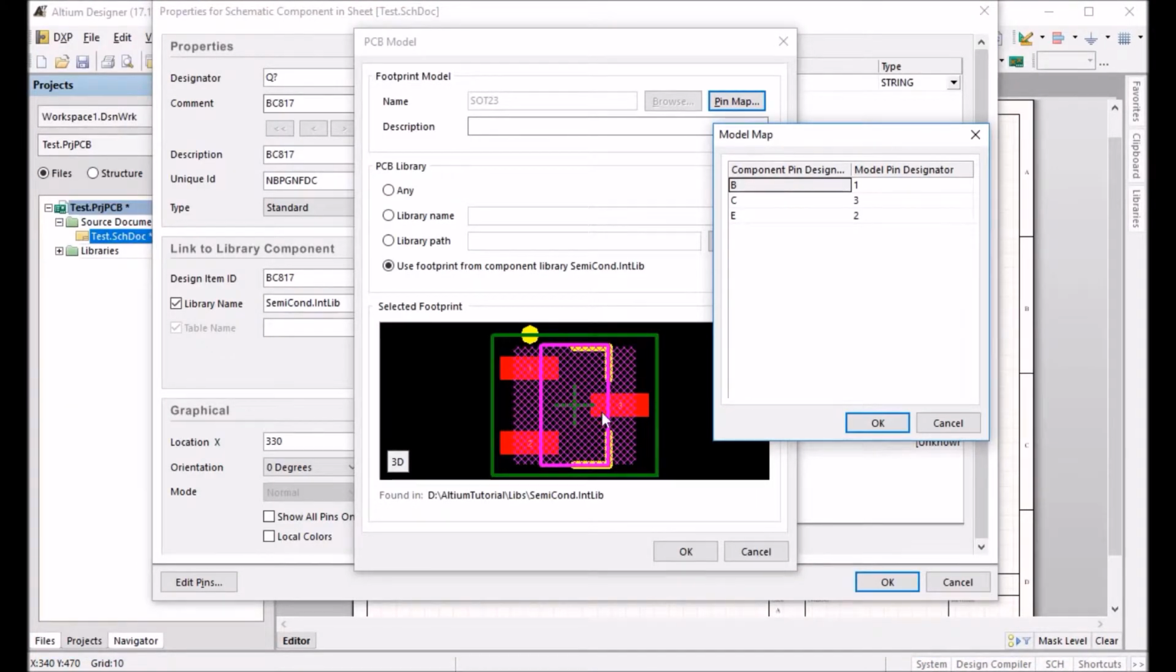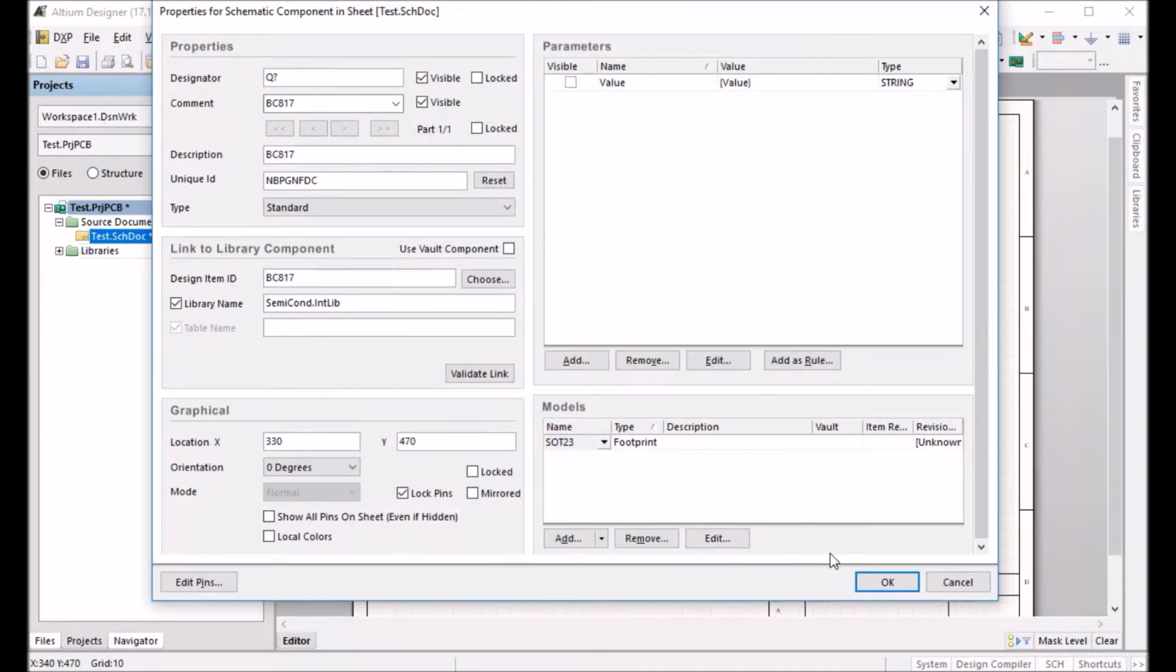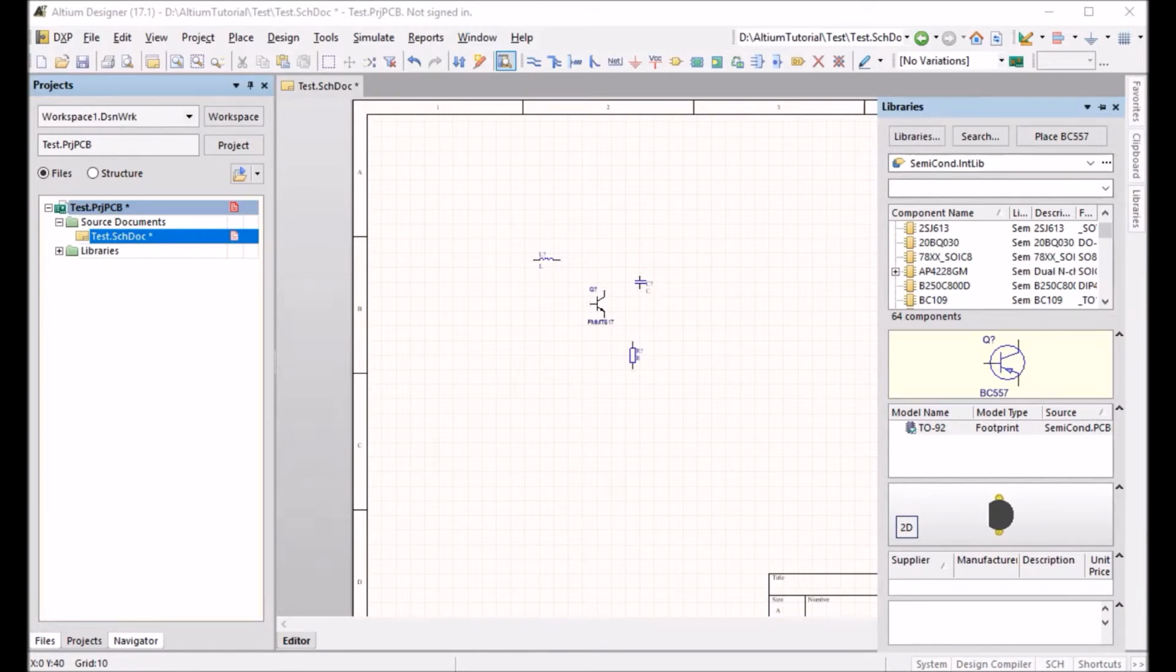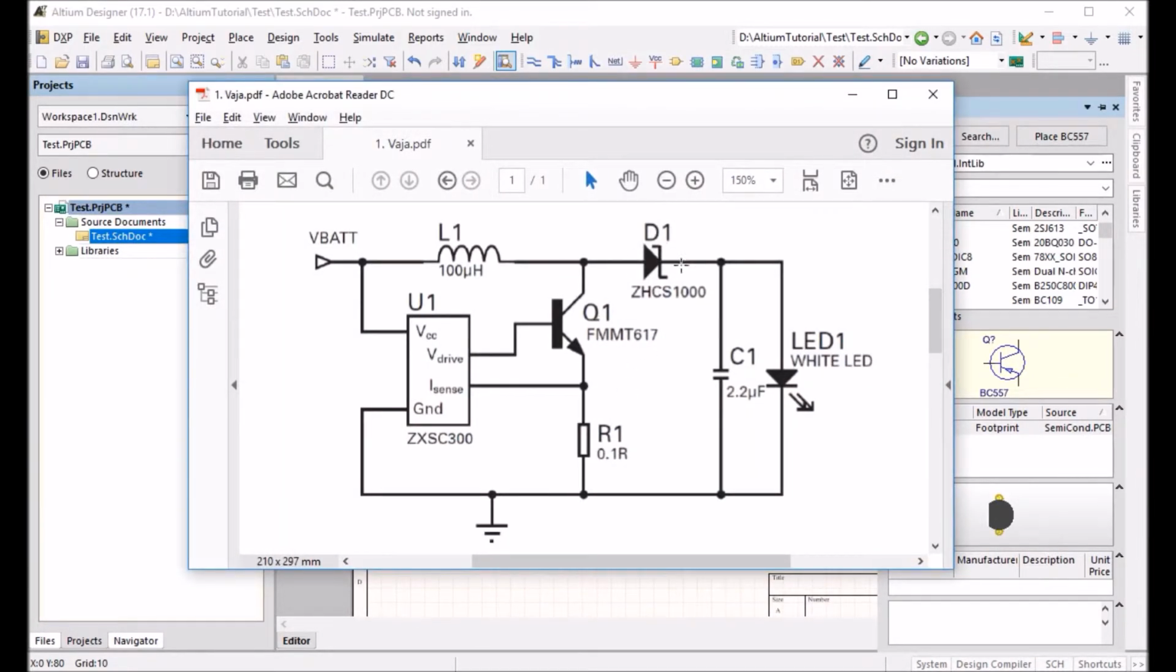This transistor has the correct pin arrangement, so let's just click OK and OK, and now we can just change its name to FMMT617. Also we could change the description, although it is not strictly necessary, and let's click OK. And now we have a transistor with the right symbol, the right footprint, the right arrangement of pins, and the correct name. The next component on our list is this Schottky diode,